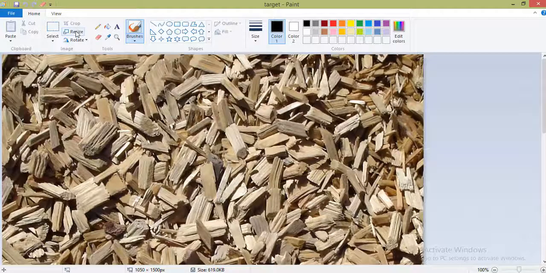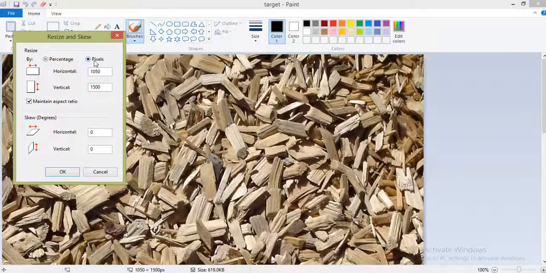Again click on resize, click on pixel, and there are two things that we have to do. Either we change the width or the height. I already did a calculation. You can also do a calculation, and according to your suitability you can change.